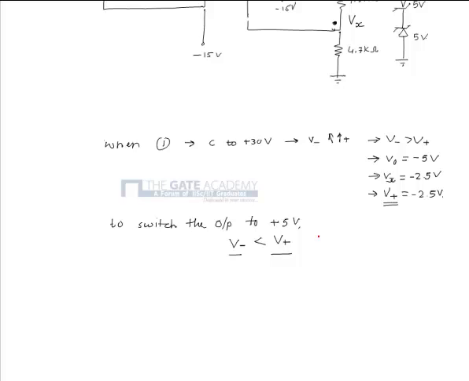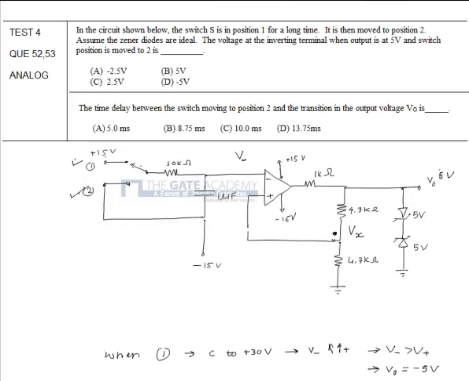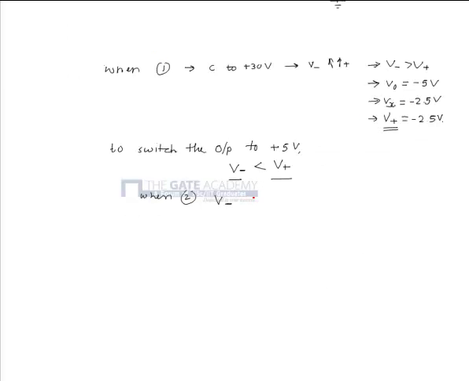For that, if we switch to position 2 of the switch, the capacitor will start discharging and it will start charging towards the negative voltage. Hence, when V negative reaches minus 2.5 volt, at that time there is a chance that it will go below V plus, that is non-inverting terminal, and the output will switch to